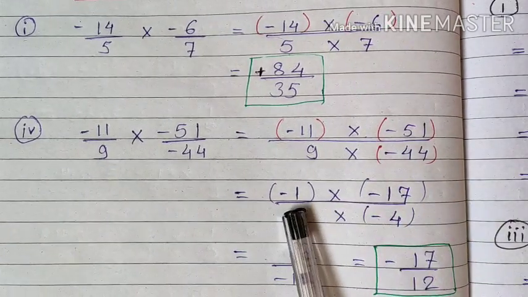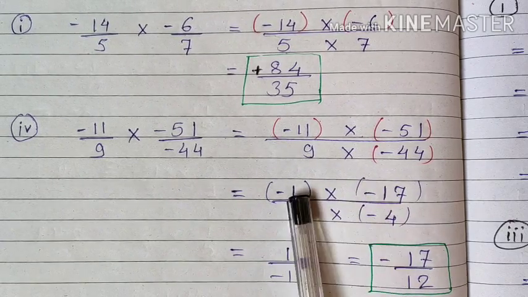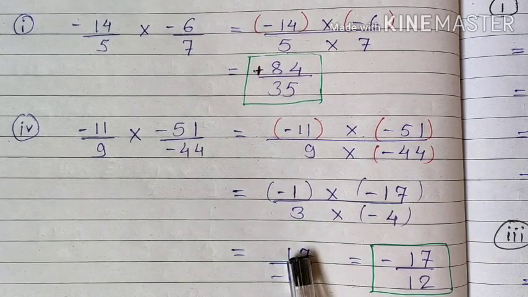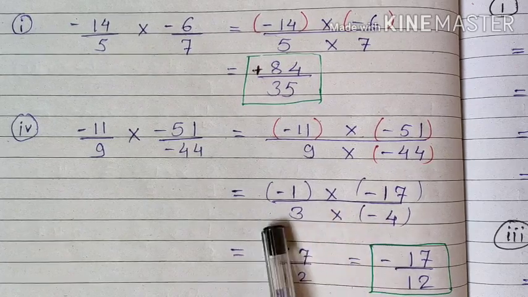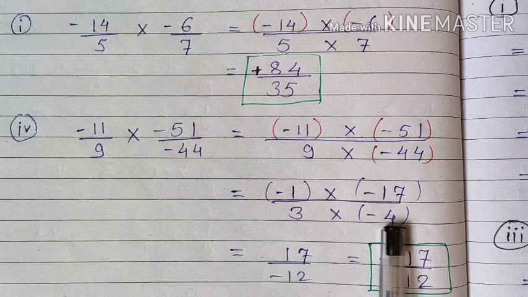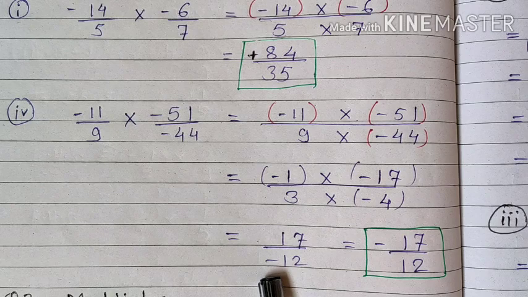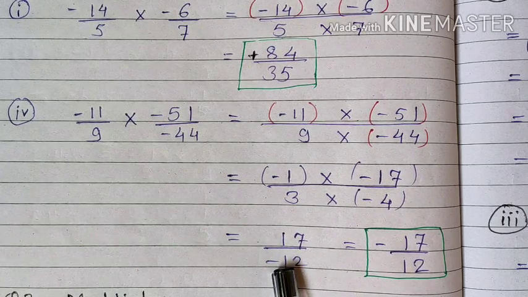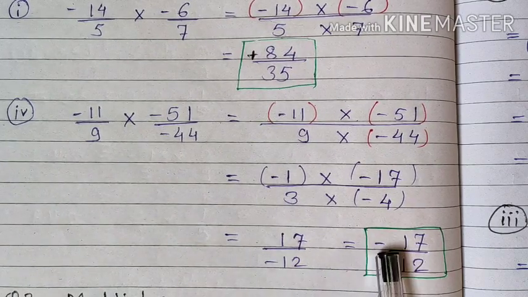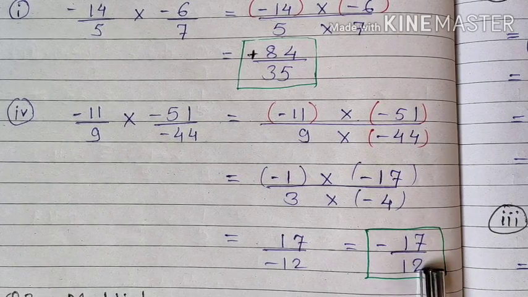Got it? Now let us see. Same sign numbers multiplied, the numerator will become positive. 17 into 1, minus minus plus 17. And when opposite sign numbers are multiplied, the answer will be negative. 3 multiplied by minus 4, it is minus 12. Got it? Now, as we have done before also in addition and subtraction, if there is a negative sign in the denominator, shift it to the numerator. So the final answer can be written as minus 17 upon 12.